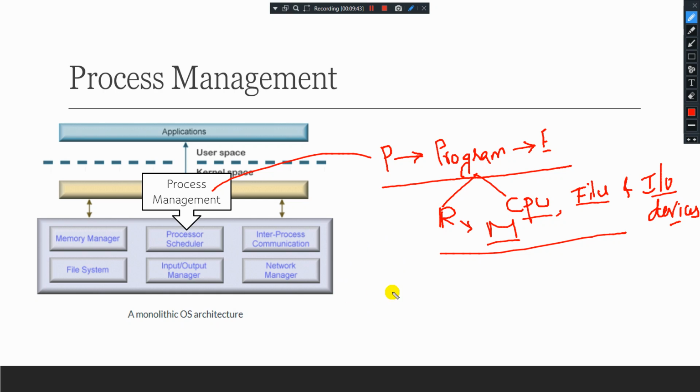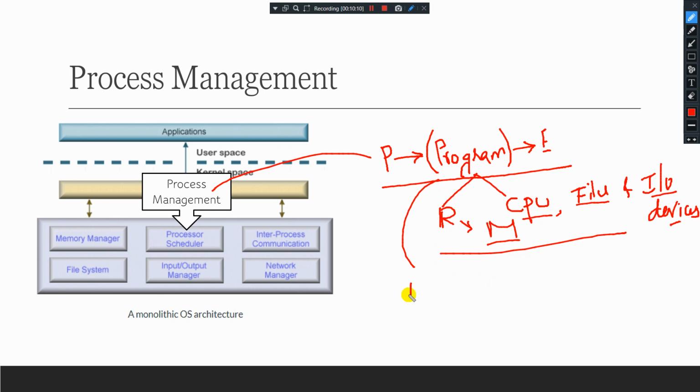These resources are given to the processor. So when will they be given? When it is created or allocated to it while it is running. When a program or a process starts running, the resources will be allocated to it. So when will the resources be returned back? When the process terminates.